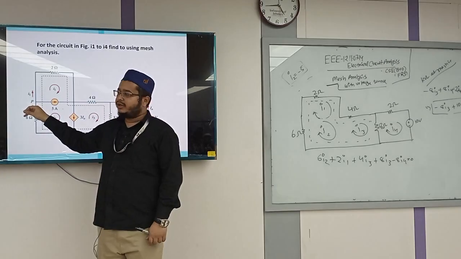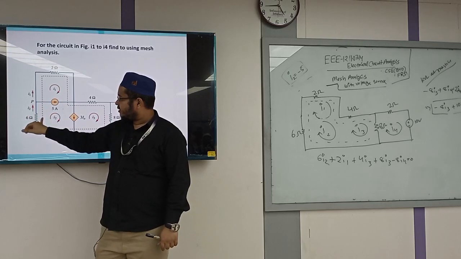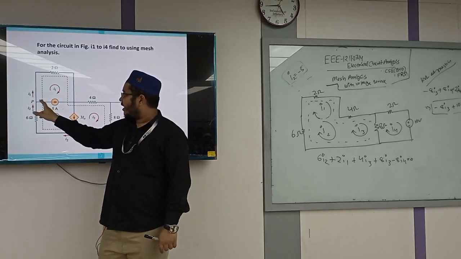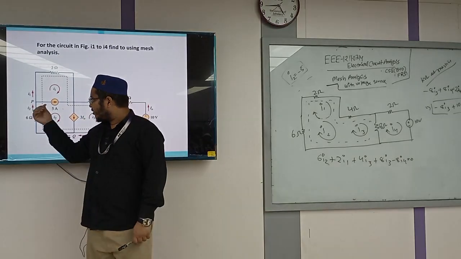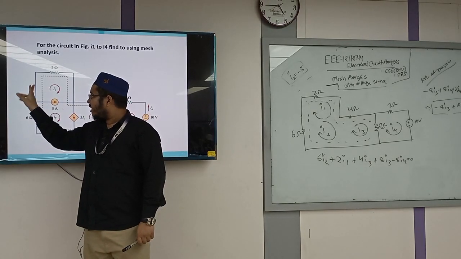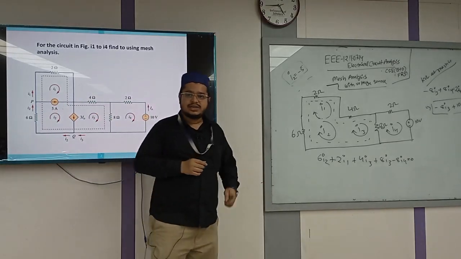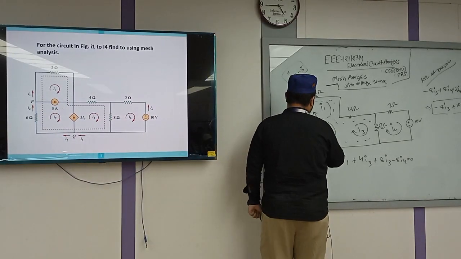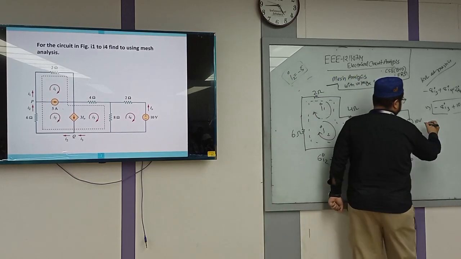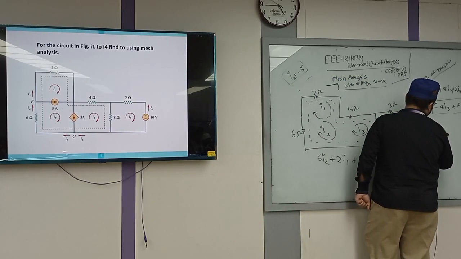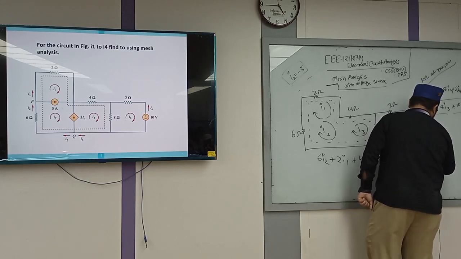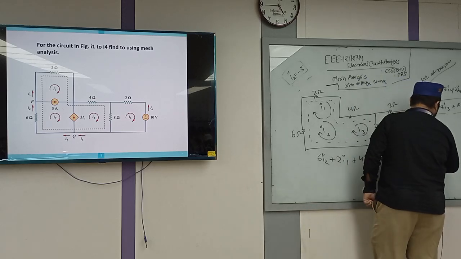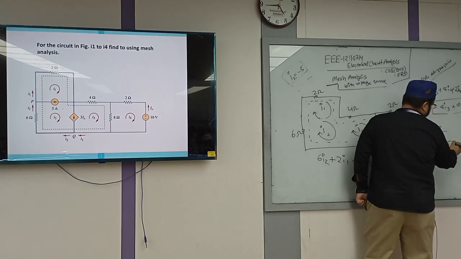So if we consider this point P, I2 is coming towards this point and I1 and 5 ampere are the leaving currents. মানে এখানে হচ্ছে I2 আসছে, I1 আর 5 ampere চলে যাচ্ছে না? তাহলে KCL at node P। P টা কি হচ্ছে? I2 আসছে, আর I1 প্লাস 5 চলে যাচ্ছে।